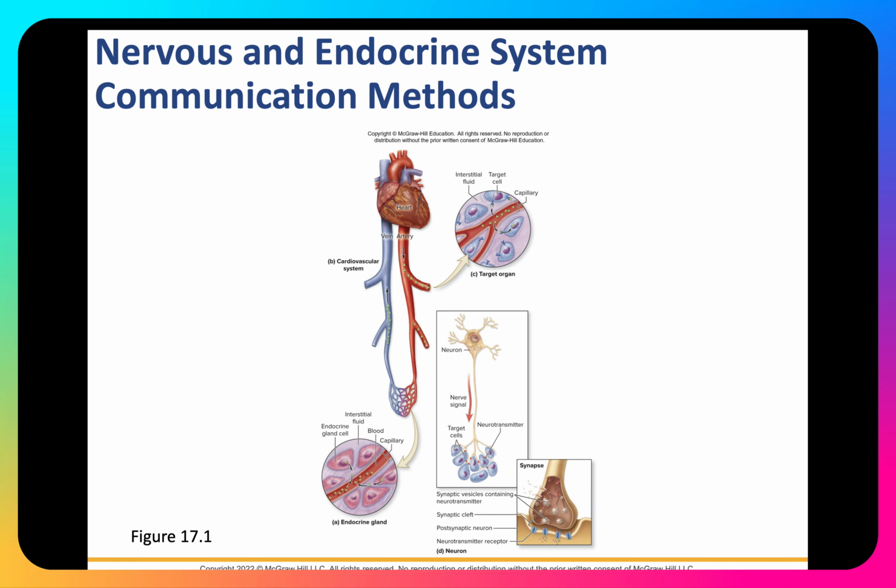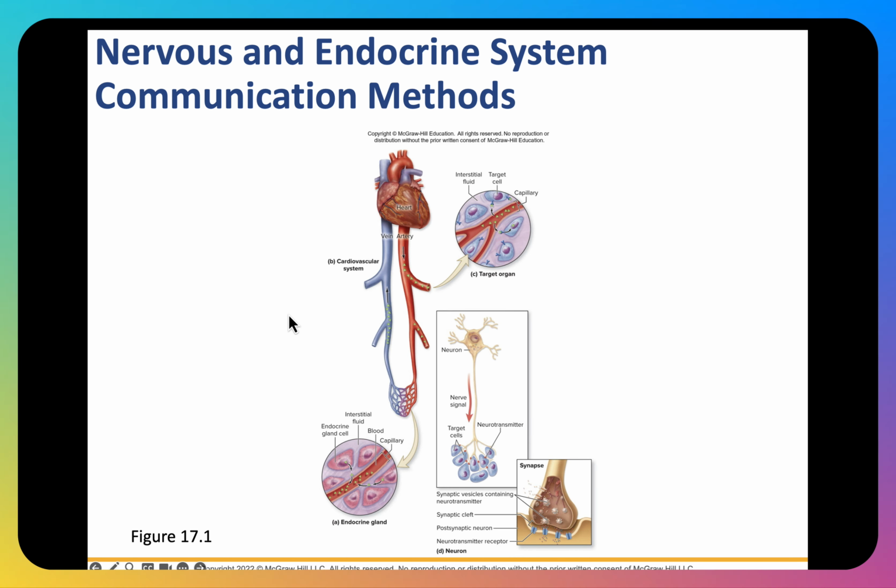Now, this particular diagram is trying to illustrate the difference between the endocrine system and the nervous system. So I'm going to look first at the first panel here. Here we have a motor neuron. Once activated, that motor neuron is going to release neurotransmitters. Those neurotransmitters will diffuse across the synaptic cleft and bind to a receptor.